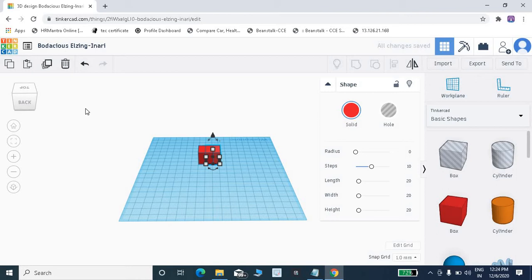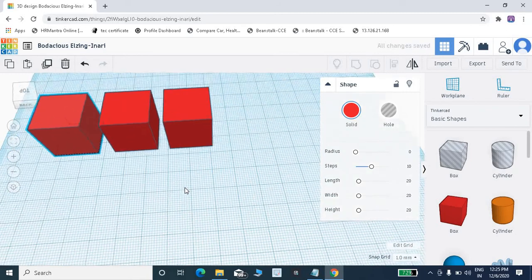See this one? Two boxes created. Then this one, duplicate. So it will create the same object. Okay, like this one.